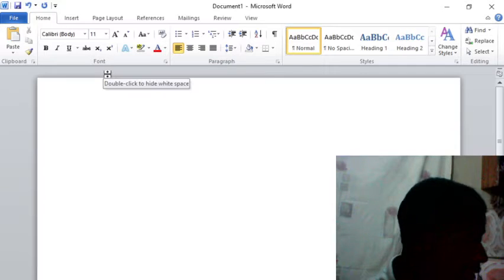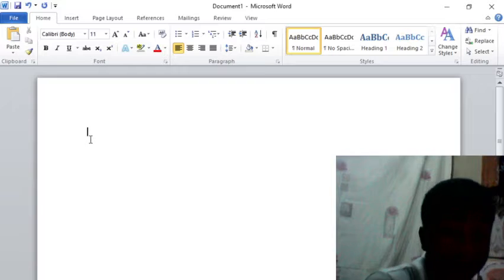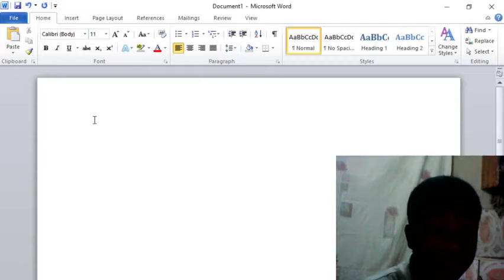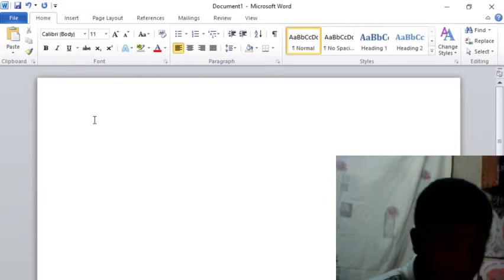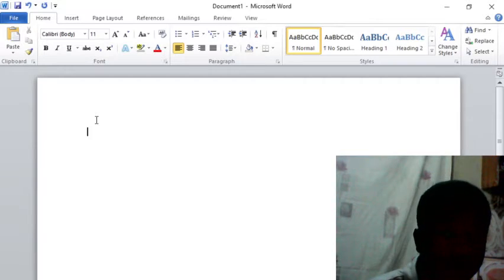This is a program that is used to perform several tasks, especially for those doing writing, academic writings, and writing of CVs. You majorly rely on Microsoft Word. I'll be taking you through the step-by-step procedure on how to undertake various activities or how to ensure a task is